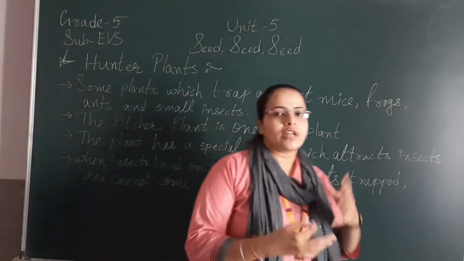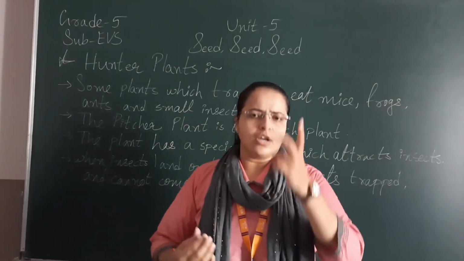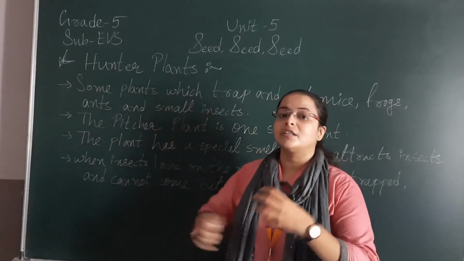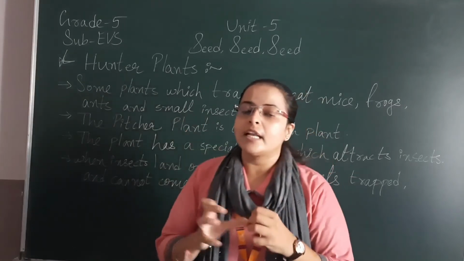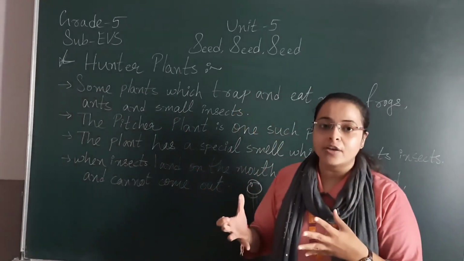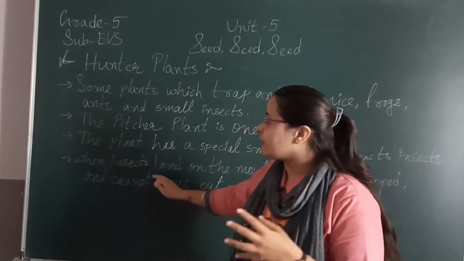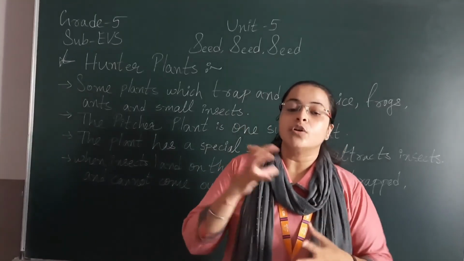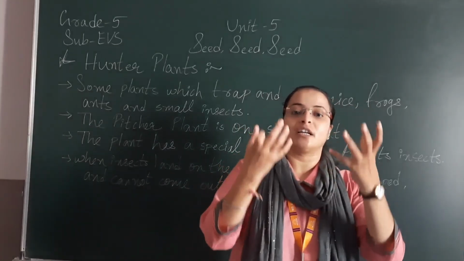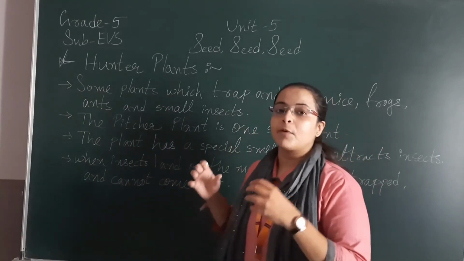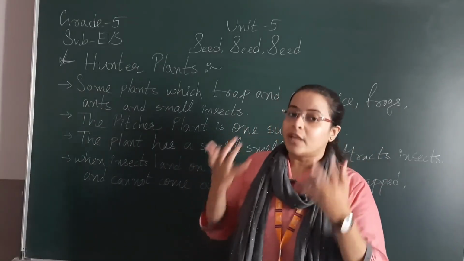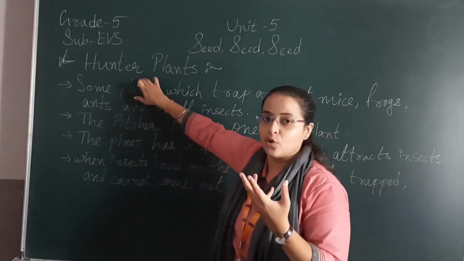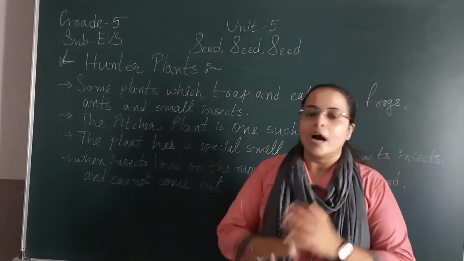Clear? We know what things a plant needs to grow: air, water, sunlight and soil. But these are plants which also need other animals to eat. वो खाने के लिए दूसरे एनिमल्स का यूज करते हैं. Insects they are using to grow properly. Whenever they are eating other insects or small kinds of frogs, they are getting more growth in their body. उनके जो प्लांट है, उनकी जो स्टेम है, वो बहुत ही ज़्यादा अच्छे से ग्रो होने लगती है whenever they are getting proper frogs, insects to eat. So that is the reason why they need insects and frogs to eat, because that is increasing their growth. That's why these plants are called hunter plants.